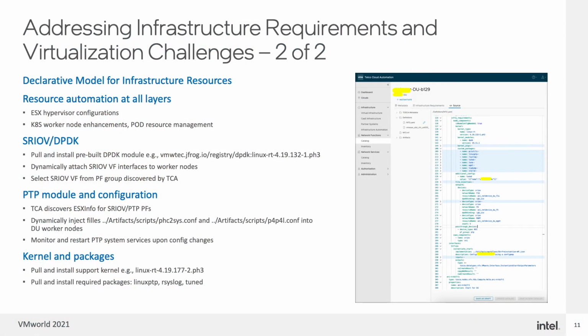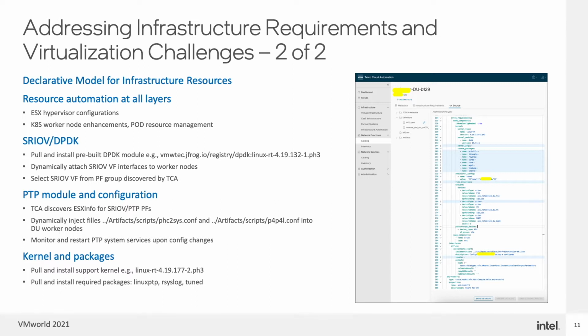What Telco Cloud Automation provides is a declarative language or model to define all the requirements for the infrastructure resources, as well as different components, starting from the ESX hypervisor level all the way to Kubernetes, including the intermediate Photon as well. In this picture it is probably not clear, but what I'm showing here is the industry standard ETSI SOL standard, which is a TOSCA template where a RAN application vendor could build a CSAR.